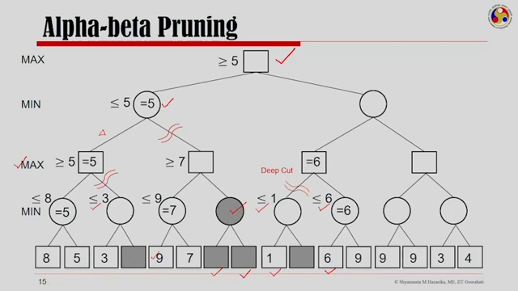And now, focusing attention on the min node, the min will guarantee less than or equal to 6 at this node. I have 9 there, so I have a min node, so at least 9 less than or equal to 9. So, I have a 9 marked here, and then this backs up to the max node, which is saying that it should be greater than or equal to 9. So, when I have a max node here which is greater than or equal to 9, and I have a min node which is saying it is less than or equal to 6,